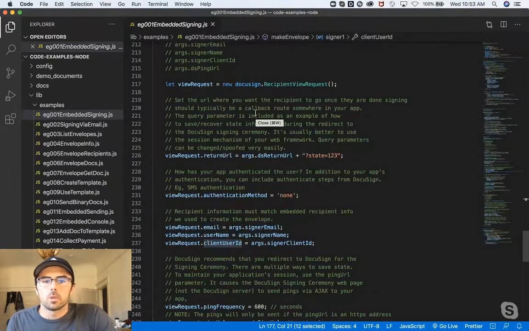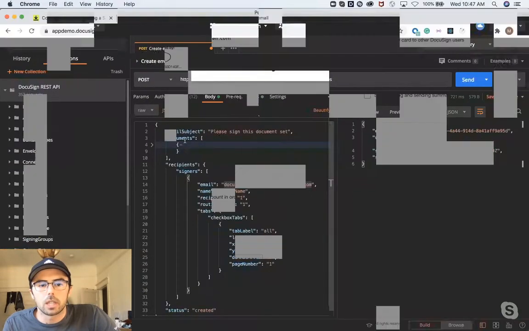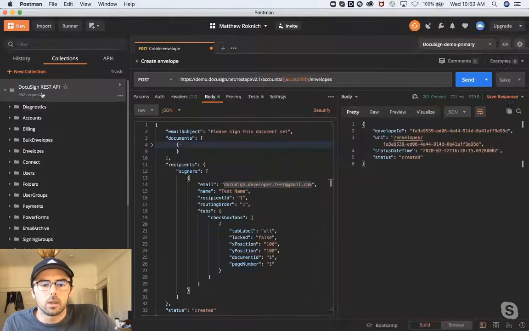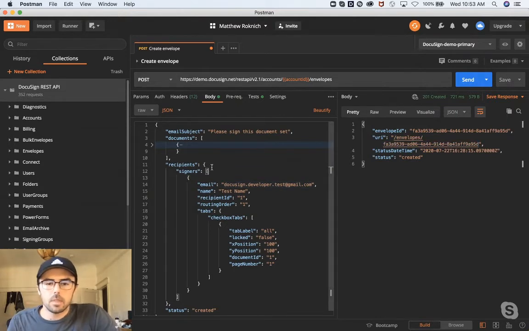So in Postman, once you import your collection, it should look like this. You'll have categories of folders and different requests. I've selected one of the requests in a subfolder, the post request to the envelopes endpoint. This is what the whole request looks like. We have our headers, we have our body. I have a pre-canned body in here. Let's go ahead and remove that. I'm just going to drop in the request as a whole.